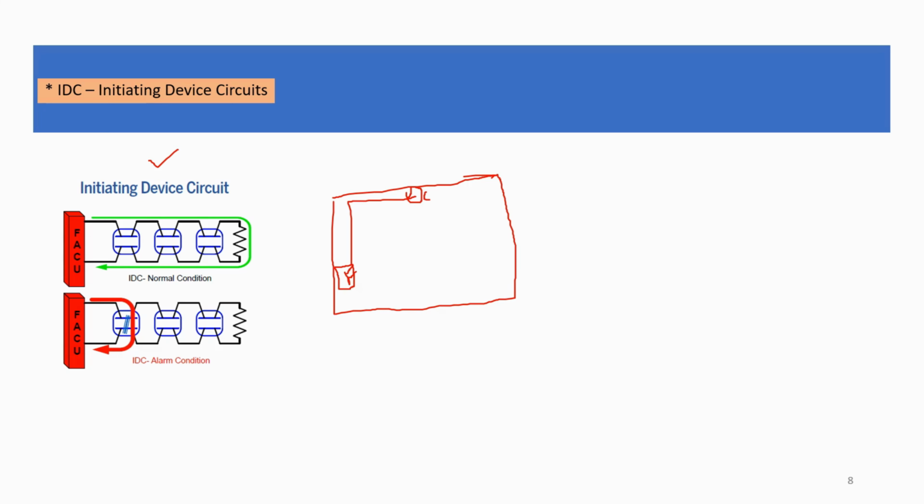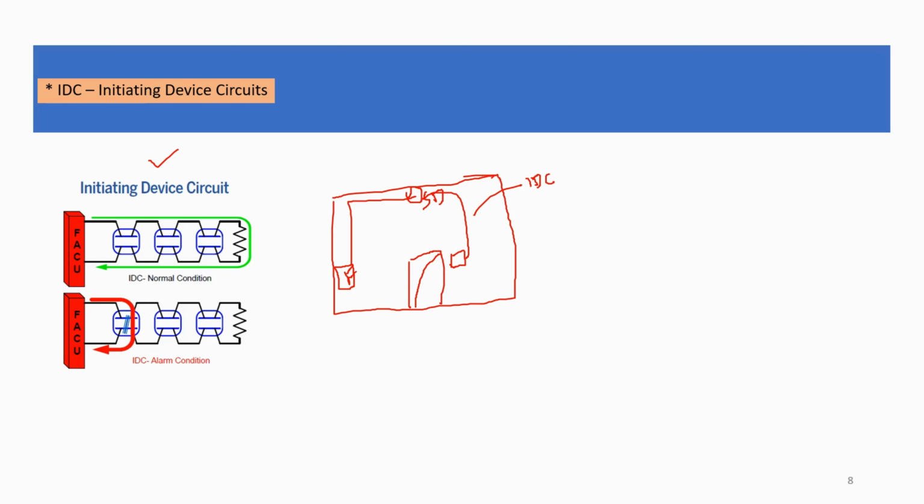So for this we will mark SD for smoke detector, and here for example you have a door, and we are going to install a manual pull station. This is also connected to the smoke detector circuit, which is called IDC, initiating device circuit,